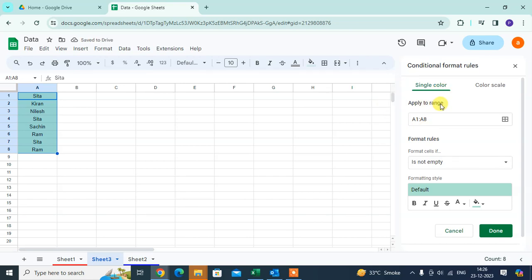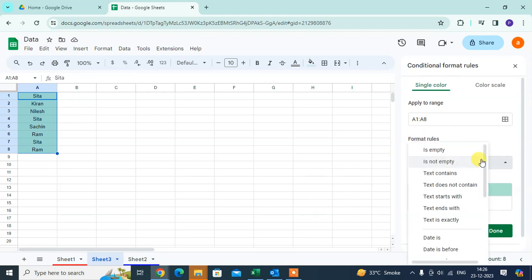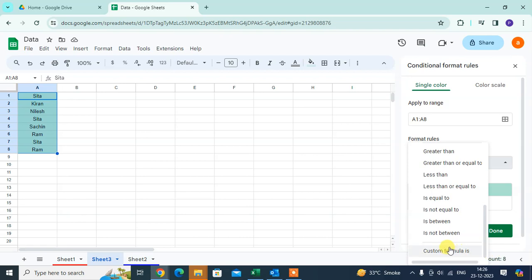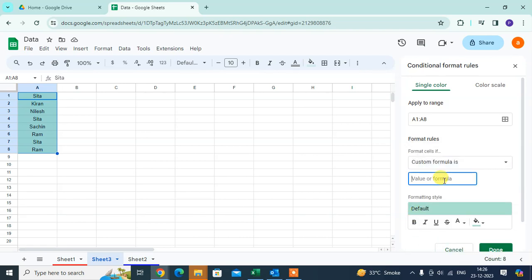First, you select the apply to range. The range is automatically selected, A1 to A8. In format rules, you select the custom formula. Just drag it. You get the option here, custom formula is. Now just enter the formula